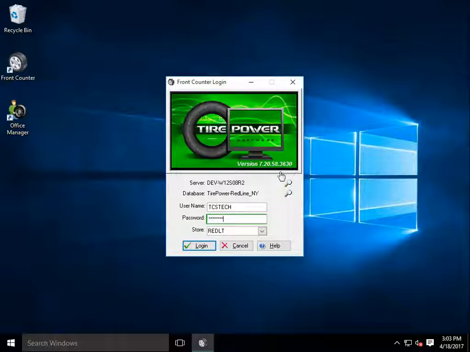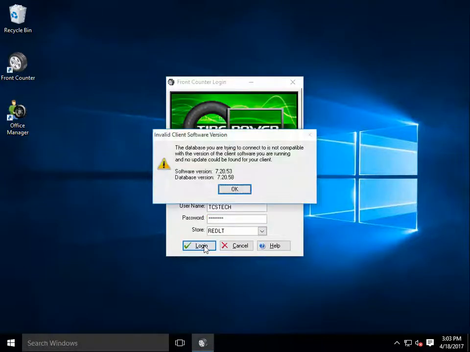As soon as I go to log in, we're going to get a message that is going to basically let me know that I need to upgrade. This is the first message a lot of people see. Now this message is basically saying you need to upgrade, but there's a problem with the upgrade. It is not able to actually find the upgrade file. One of the issues that we see occasionally,